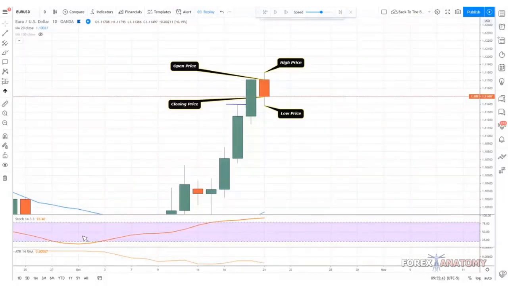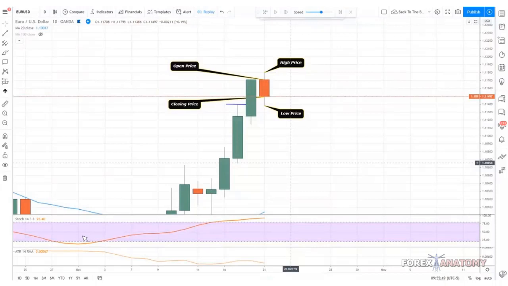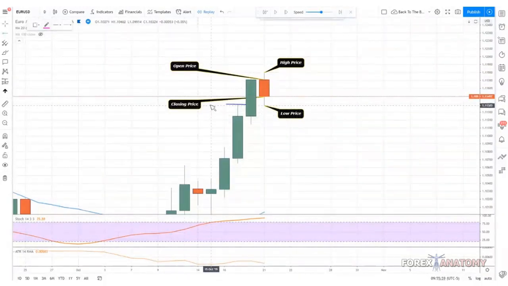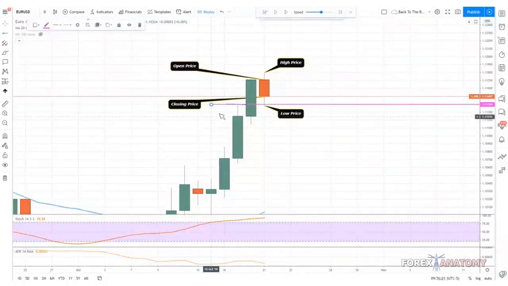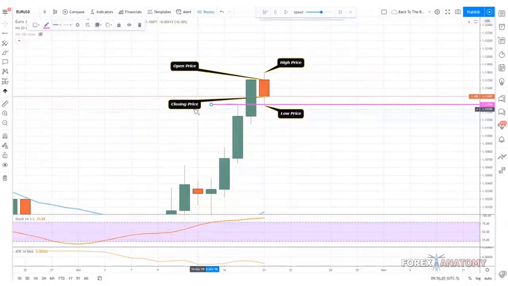I know Cynthia had a question. She said the previous candle was support because it opened higher because it hit the floor. No, I'm going to try to explain this in a bit more detail soon. For now, I'm just going to draw in a horizontal ray right there, and let me make this a little bit thicker, just for the sake of this example.